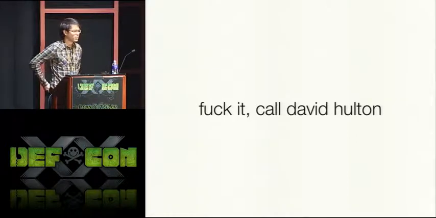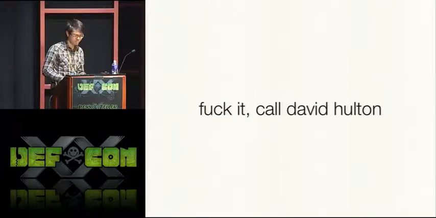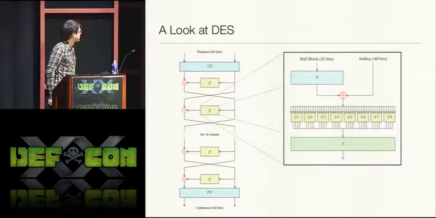So a while ago, we started looking at DES because part of my job at Pico is trying to find archaic algorithms that we can actually attack with FPGAs that would normally be out of the reach of normal computers. So just looking at DES, I pulled these from the Wikipedia page.